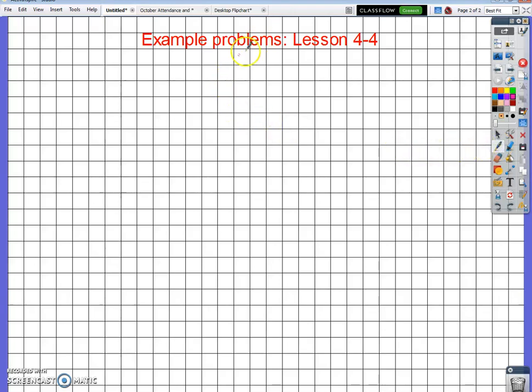We're going to do a couple of quick example problems from lesson 4-4 just to give you guys an idea of what we're doing. We're multiplying whole numbers times a decimal. Sometimes our decimals will be pretty easy, sometimes they'll be a little bit more complicated, but the process is still exactly the same. So if I have a problem in my book that looks like this,